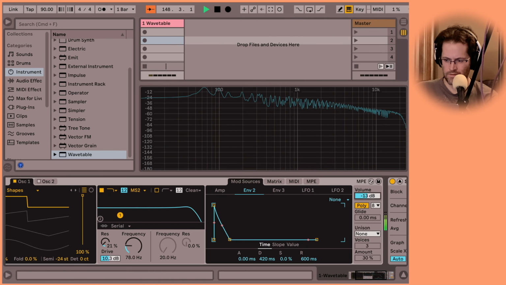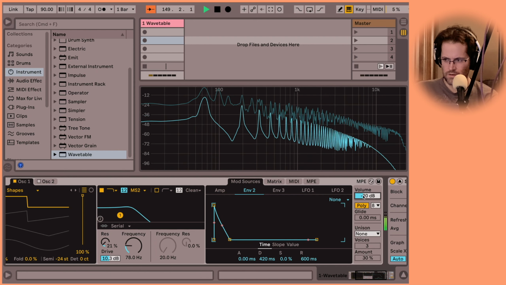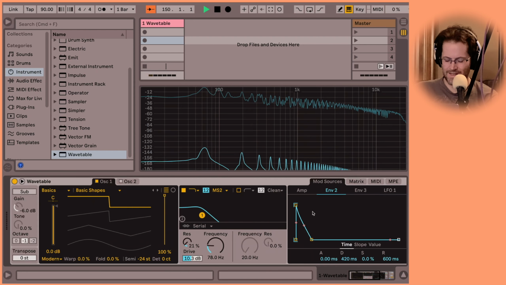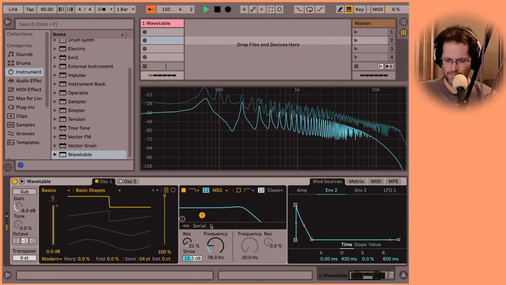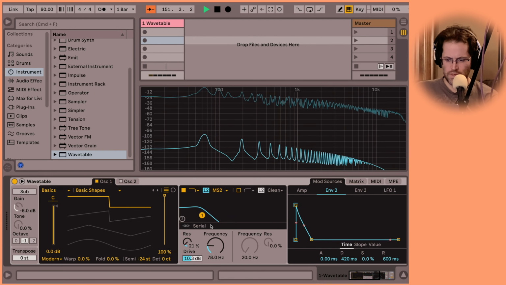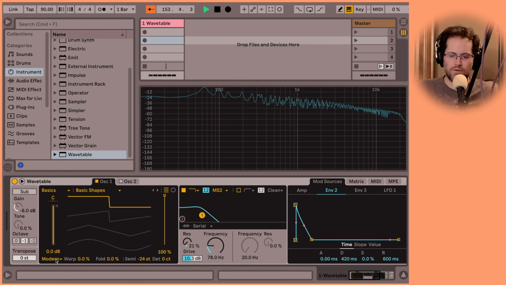Mate. Lower that volume. What do I gotta say? Now, what would we do next? Well, the next thing is, once you got your sound sounding good in the wavetable,